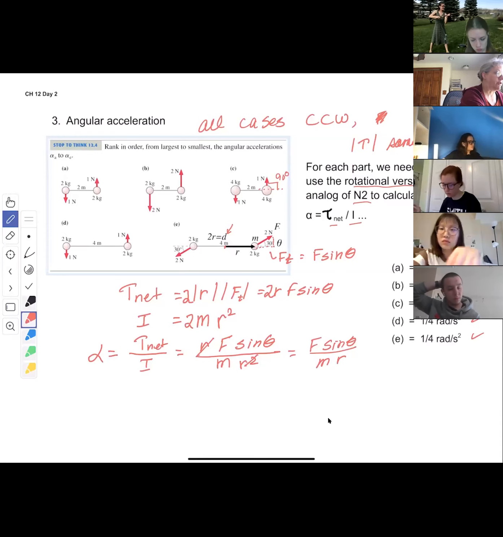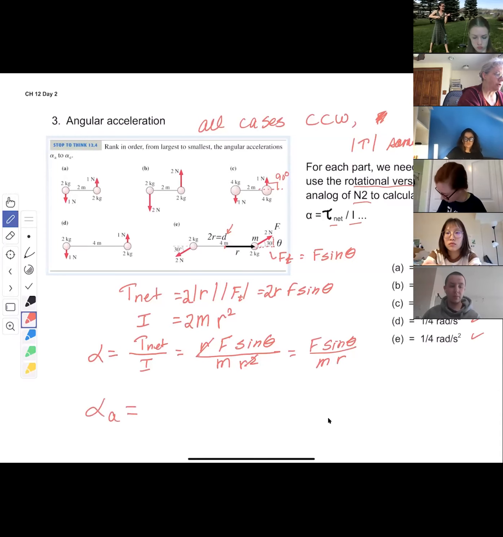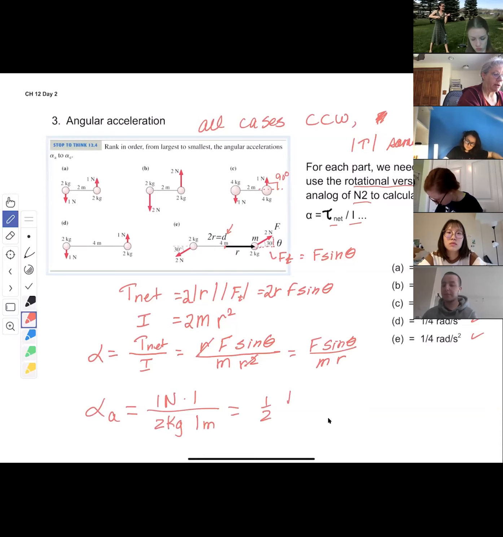Let's do the very first one for A. So alpha for case A, well, the force is 1 Newton. Sine theta is equal to 1 because it's a 90-degree angle. The mass is 2 kilograms. And the R, since the distance is 2 meters, is 1 meter. So we get 1/2 Newton per kilogram meter,